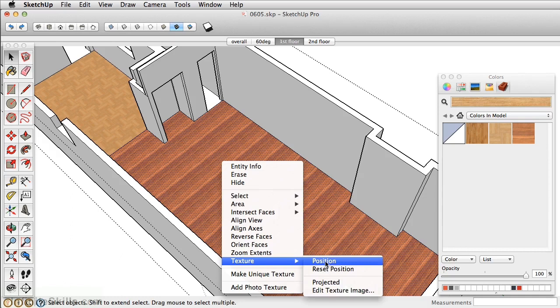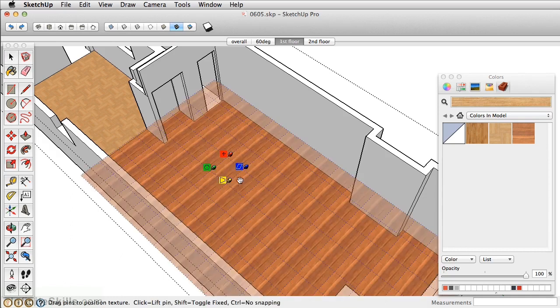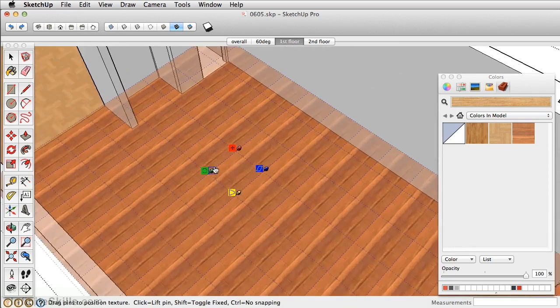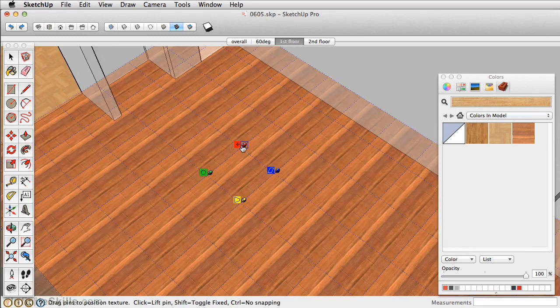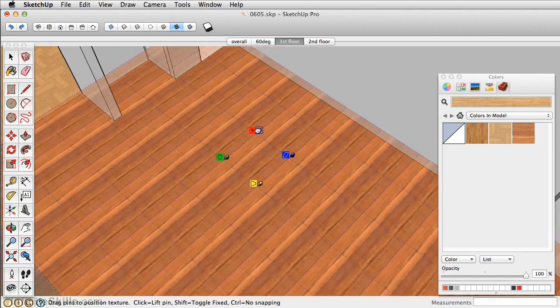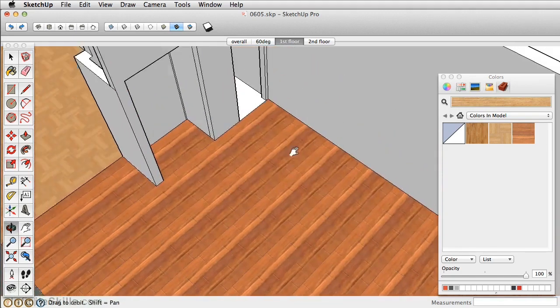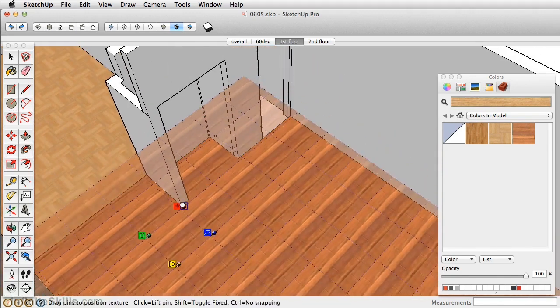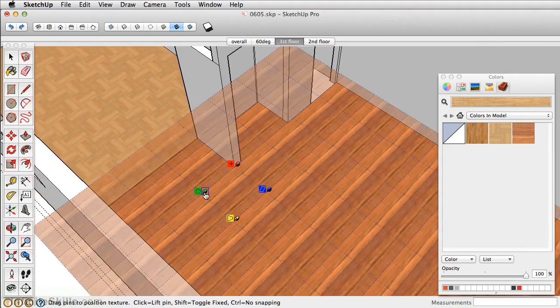So again, texture position, and you'll see these 4 push pins with colors on them. Always start with the red push pin. That's your move pin. So you can click and drag this little push pin. It's going to allow you to snap it to a point that you want. So maybe we want this point here. The green